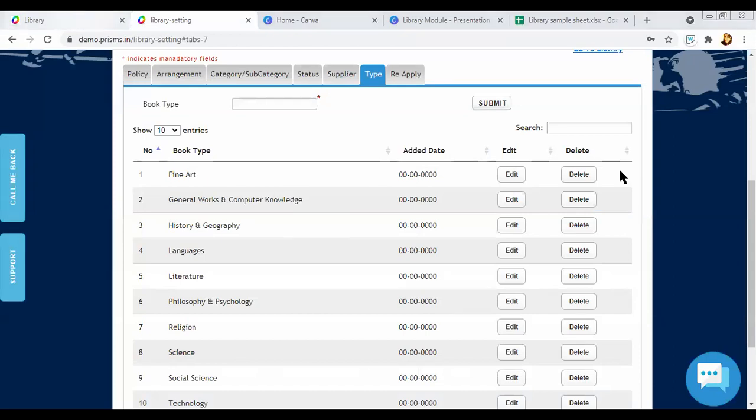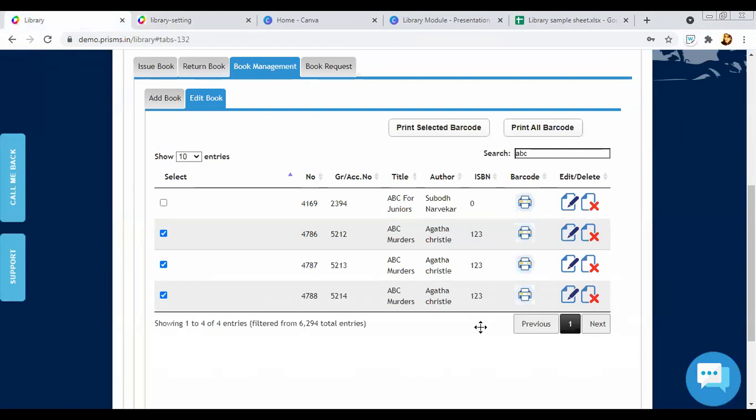So once, like sir said, your existing data will be added if you provide us the data according to the sample sheet, and later on whenever you add a new book, you can add and generate and print barcodes for selected books or all your books. Once the barcode is created, if you have added all your books from the backend, you can click on Print All Barcode, and the barcodes for all the books will be generated at a single time, and you just have to paste them on each particular book. The barcode is an optional feature. It's not necessary, but we have this option.